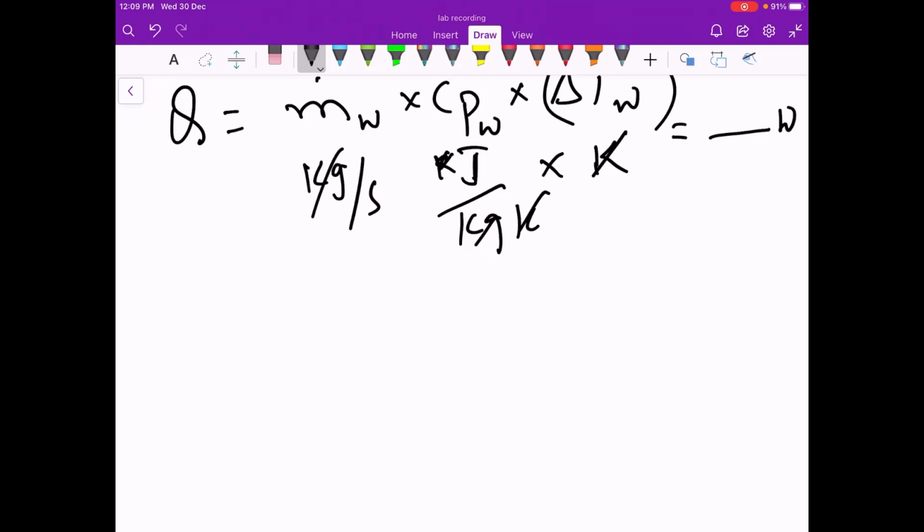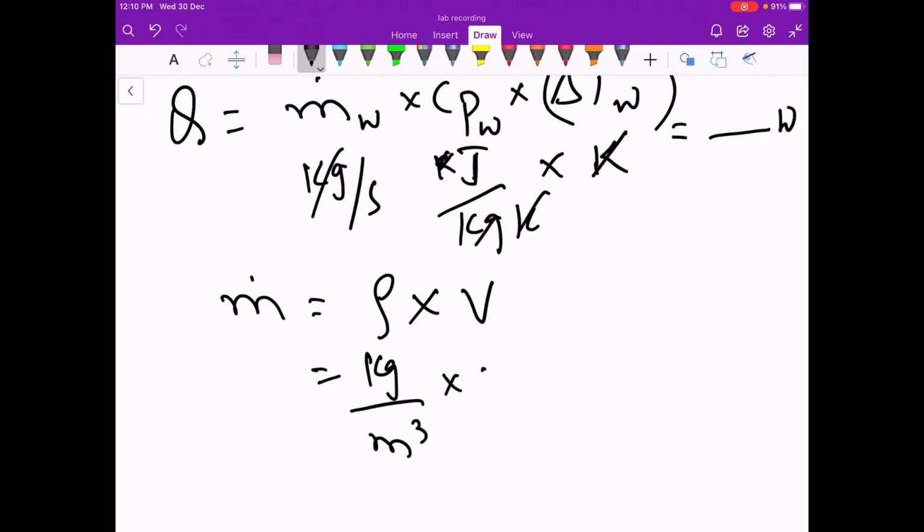So how do you calculate mass flow rate? You take a measured beaker and collect the water for 1 minute, where you will get the volume that has been filled in that 1 minute of time. So your mass flow rate is nothing but density times volume flow rate, correct? That is kg per meter cube times meter cube per second, which is nothing but kg per second.